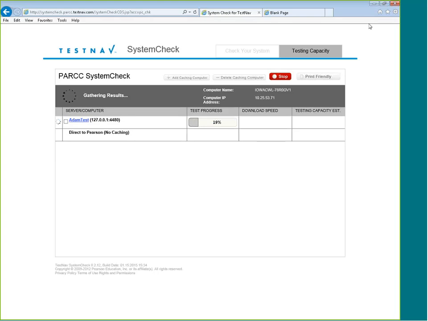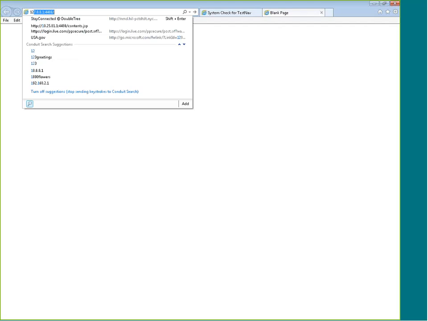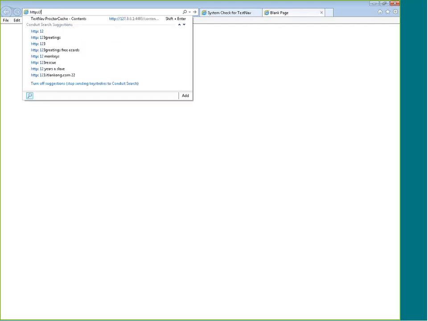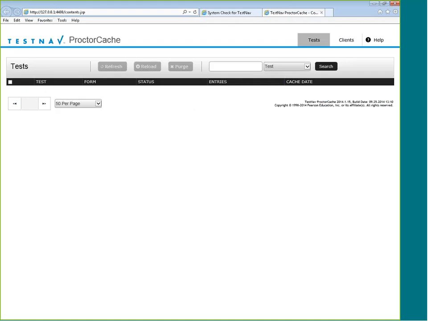So this will take a little while, so we're not gonna stay on it, but that's all we have to do. If this comes back with results, that it downloaded successfully, it gives us a testing capacity, then you'll know that you have access to your Proctor Caching machine. The other way that you can check this is just by typing in the IP address, :4480, and it'll take you directly to the Proctor Caching interface.